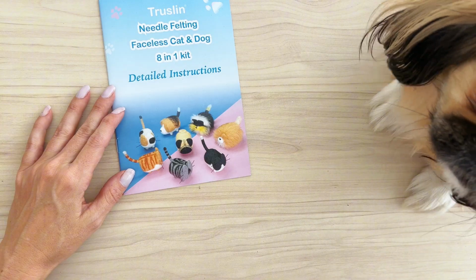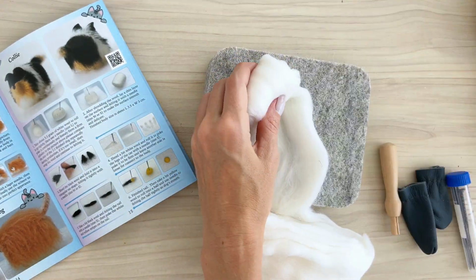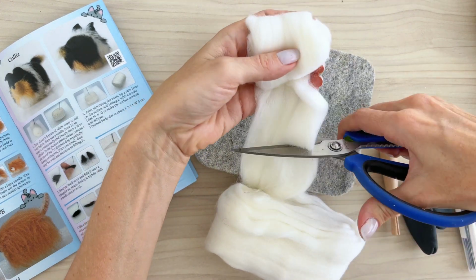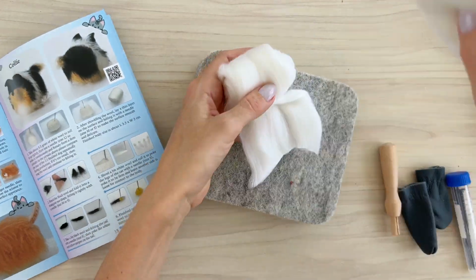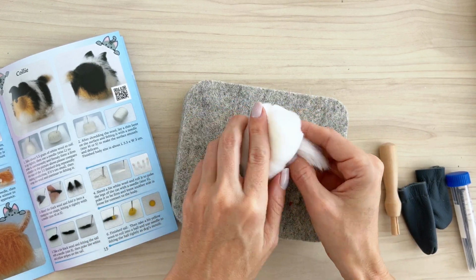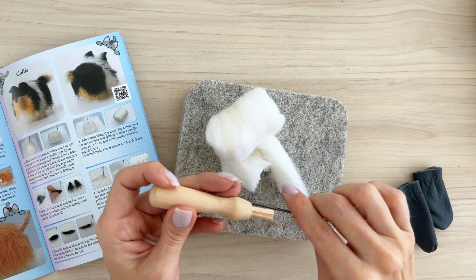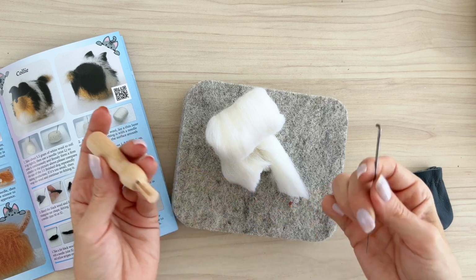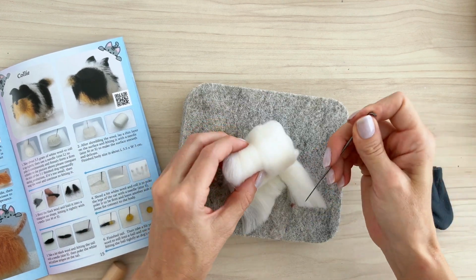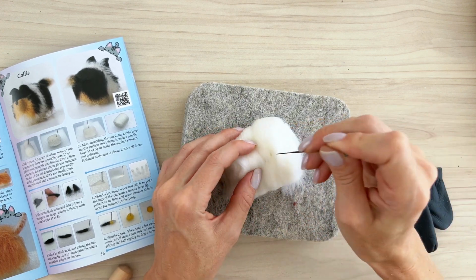Okay, so to make any of the animals, you're supposed to take a chunk of the white wool, roll it up as tight as you can, and then start stabbing it to get it to be compact in the shape of a cylinder or like a large marshmallow. I don't know what this wooden thing is. I thought at first it was to hold the needles, but I could not get the needles on, so I just used them directly. I started to stab my cylinder,